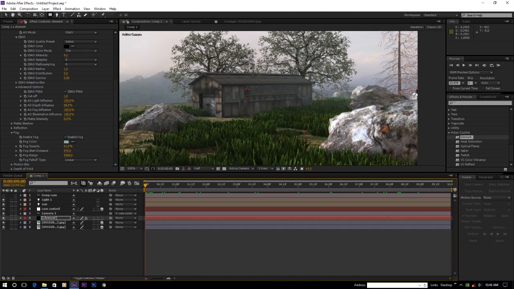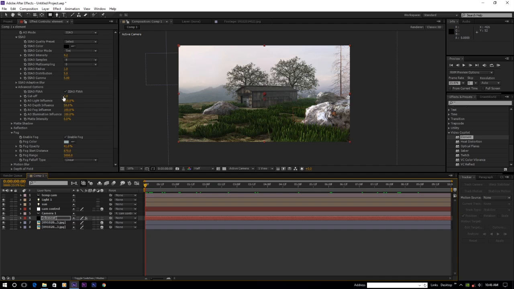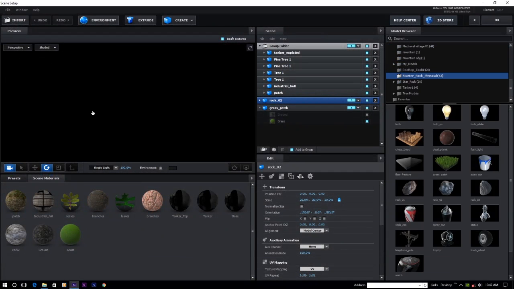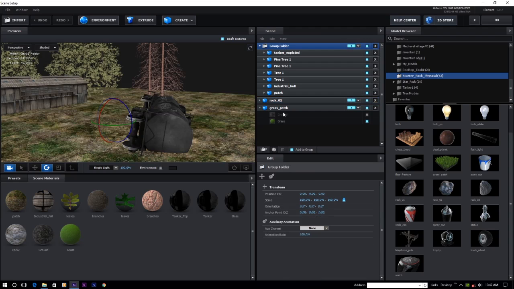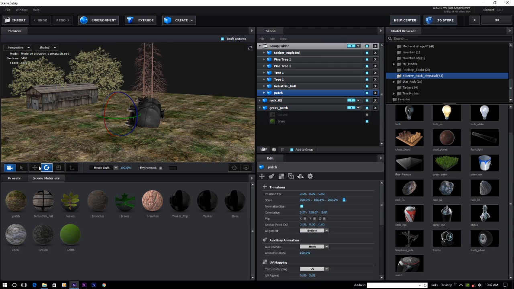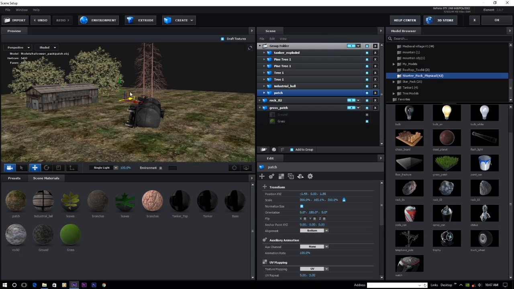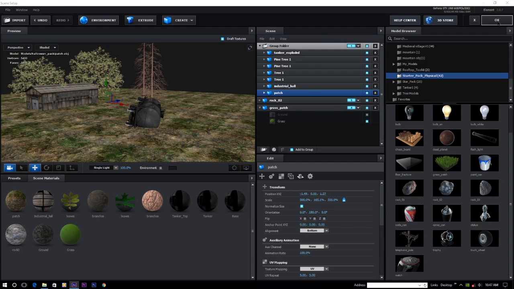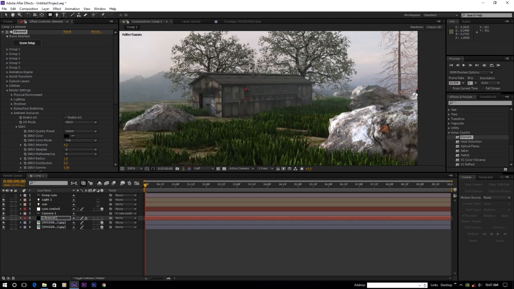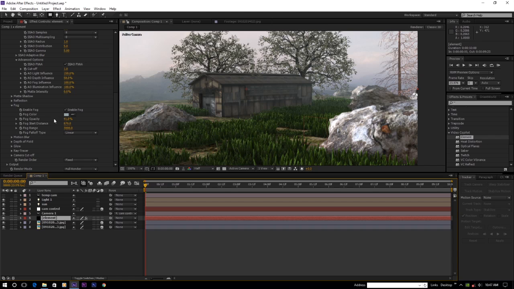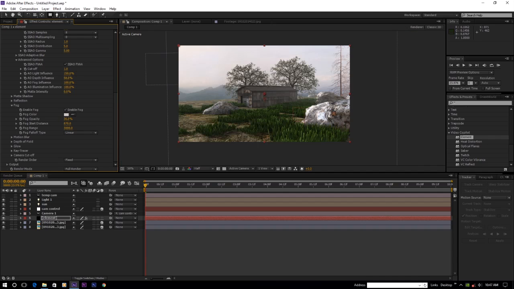Maybe we also extend the ground plane further, so just here on the pitch model we drag it behind like that and hit OK, so it will extend behind further. Also interact with the fog opacity, change the color also. Okay,